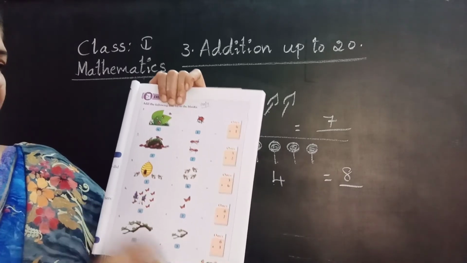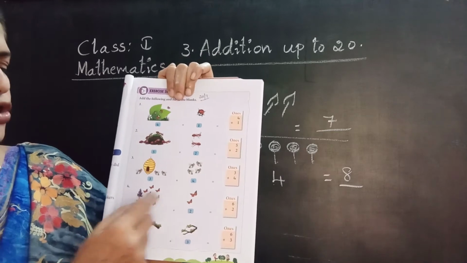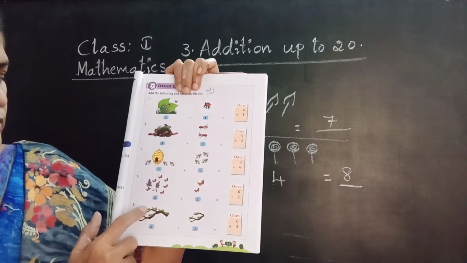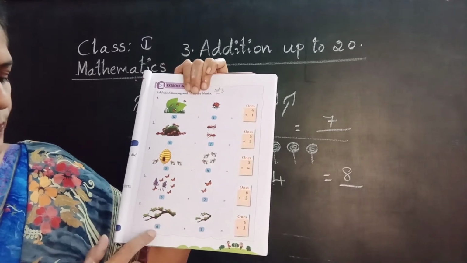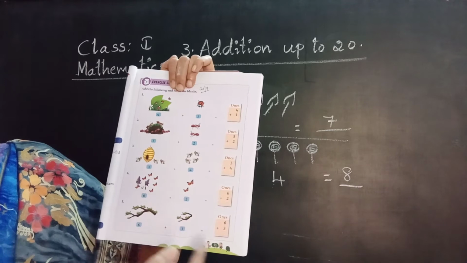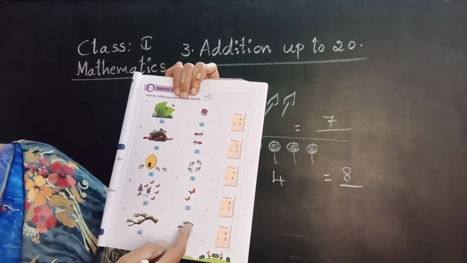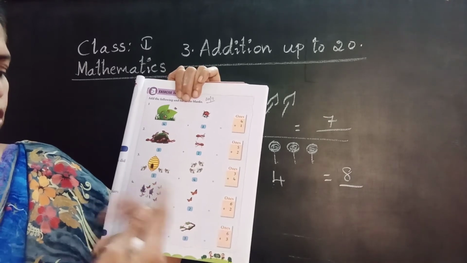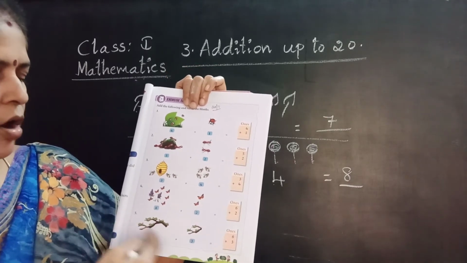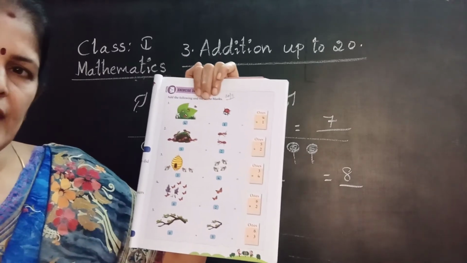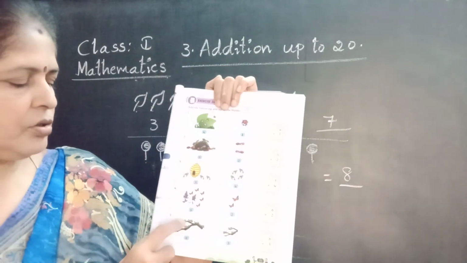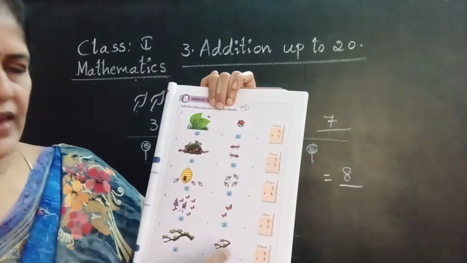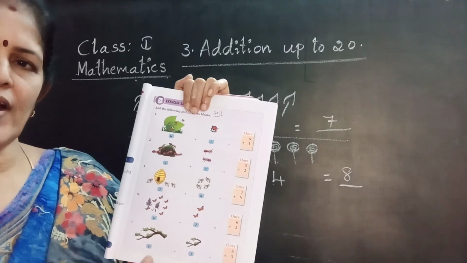Here pictures are given. Here we are going to count the given pictures together. Next. 1, 2, 3, 4, 5, 6 birds on the first stem. How many birds in the second stem? 1, 2, 3. The addition goes 6 plus 3. How do you get the total? We count all the birds. That means total number of birds. 1, 2, 3, 4, 5, 6, continuously 7, 8, 9. That means 6 plus 3 equals 9.